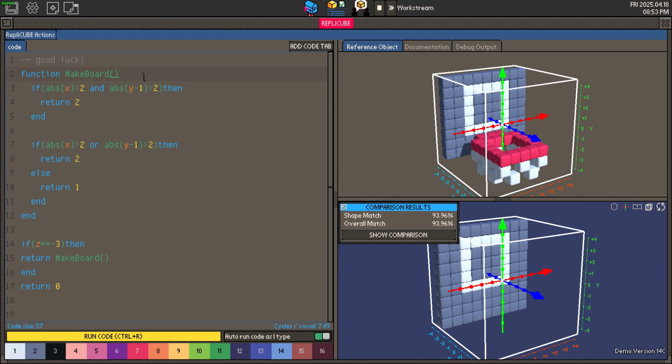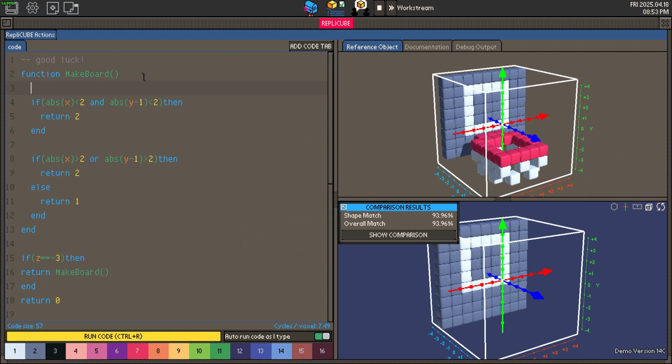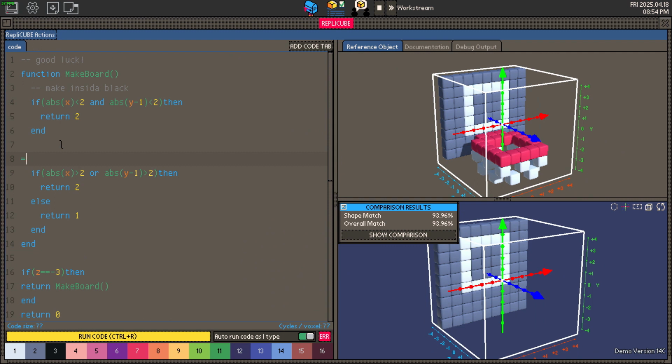Here, this is very readable because I can write a comment and it's easily identifiable, like make inside black, right? So here we make